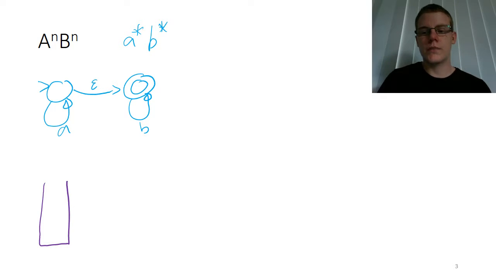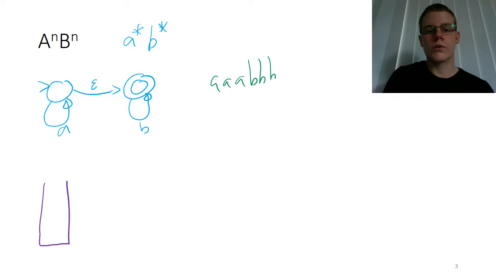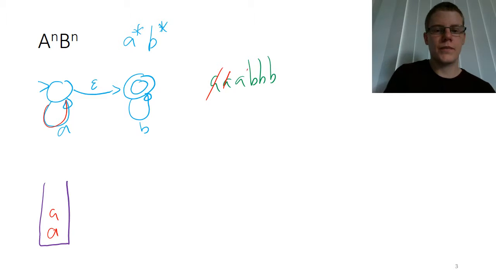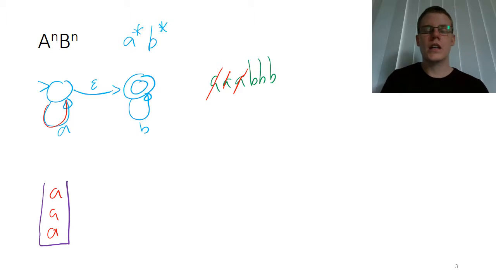So that every time the machine saw an A while it was perusing through a string, it read the A and followed the transition, but then popped it into the bucket. Then when it sees the next A, it pops it into the bucket. The next A, it pops it into the bucket. Then, once we follow this transition over here and start seeing B's, for every B, we take an A out of the bucket